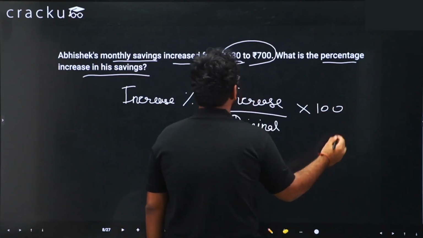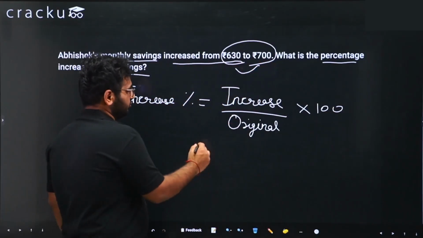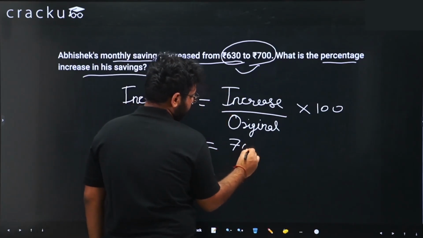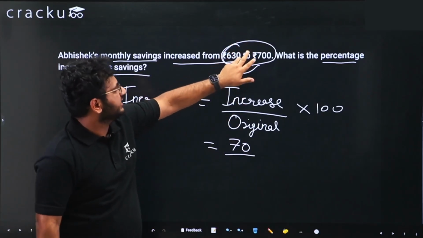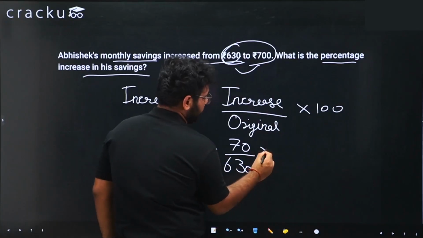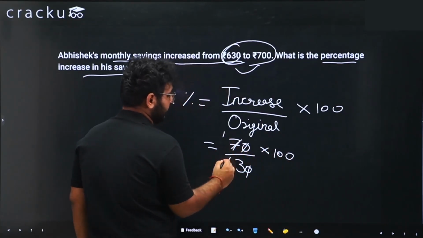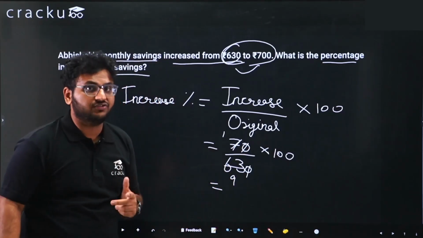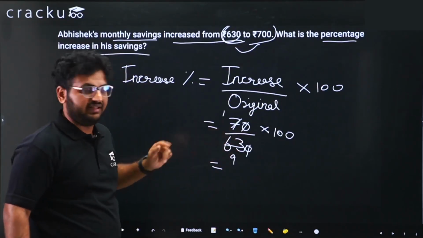Increase is from 630 to 700. So increase will be 700 minus 630, which is equal to 70, divided by original. Original is 630 rupees, into 100. So 0 gets cancelled out. 7 9s are 63. So 100 by 9. We know 1 by 9 is 11.11%. Hence 1 by 9 into 100 is